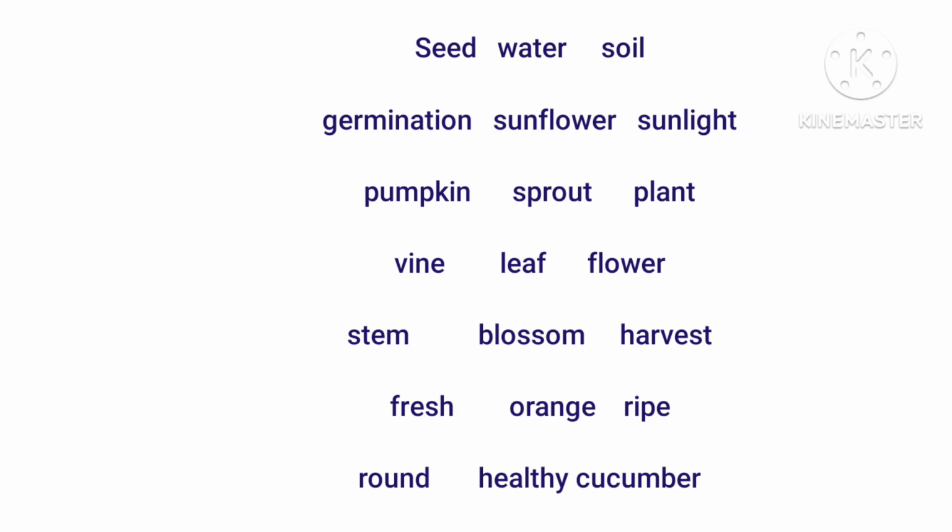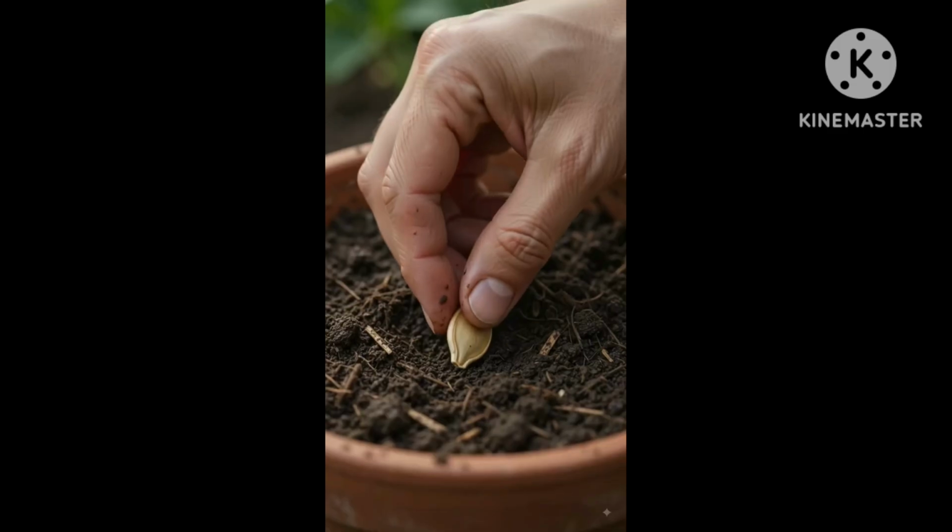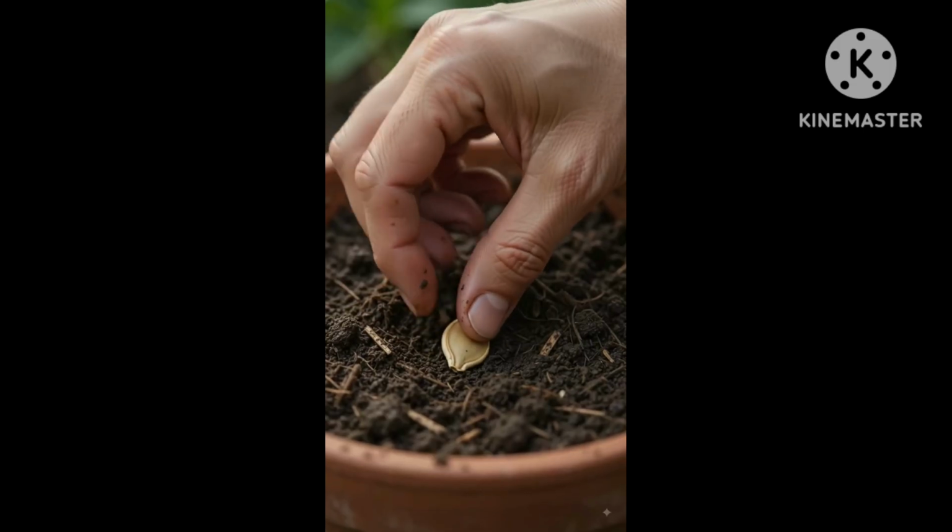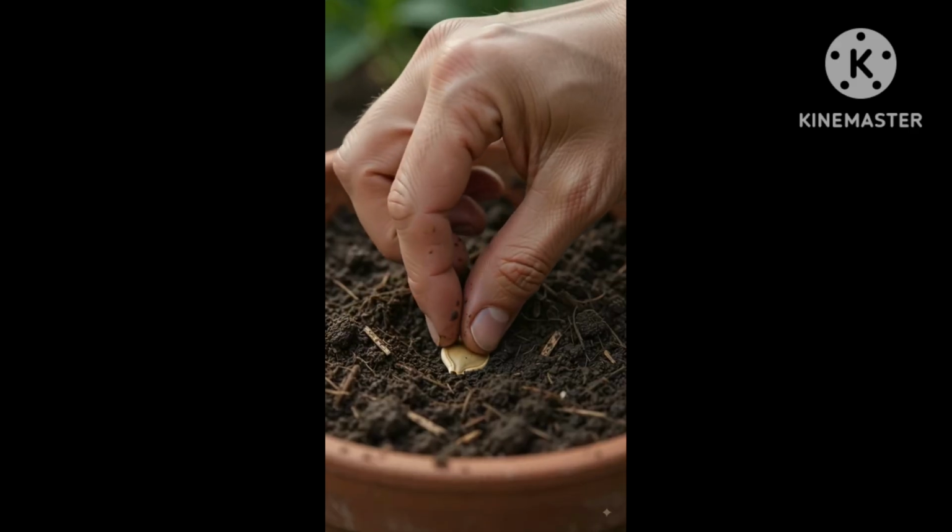We will learn some words like seed, water, soil, germination, sunflower, sunlight, pumpkin, sprout, plant, vine, leaf, flower, stem, blossom, harvest, fresh, orange, ripe, round, healthy, cucumber with the following clips. Now in this clip you'll see soil, seed